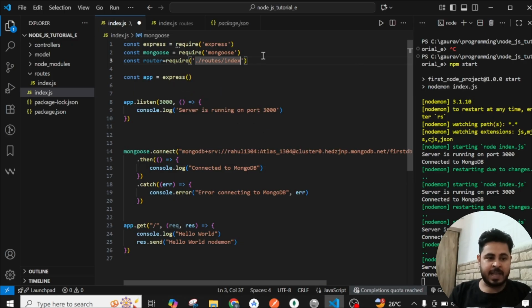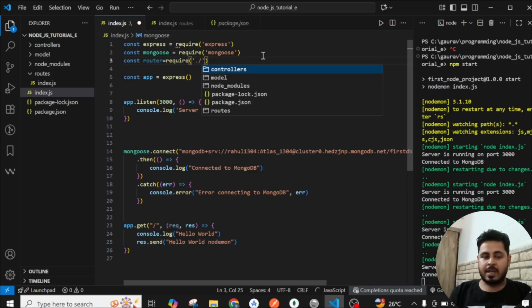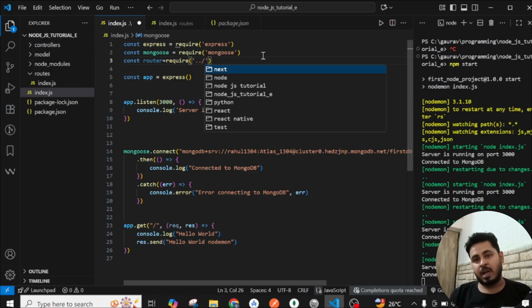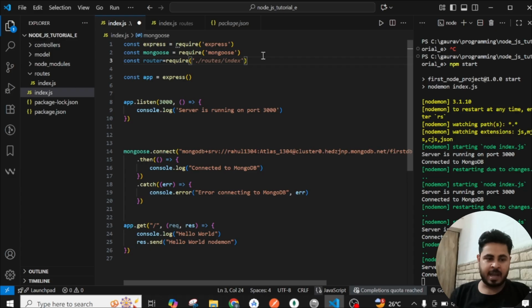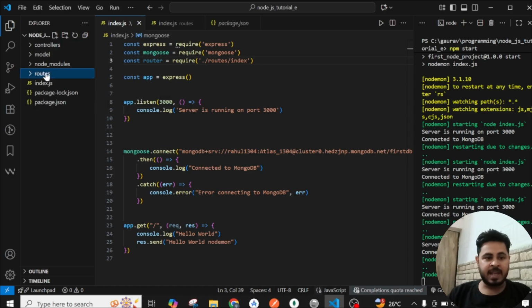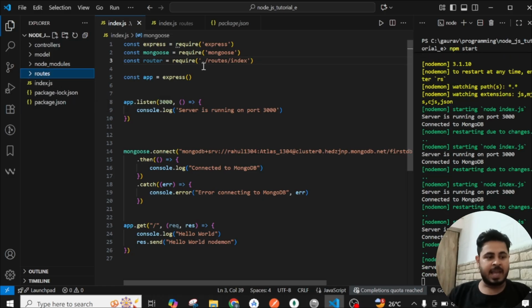Since the route directory is in the same folder, I will use /. If both directories share the same parent, then we use /. But if you want to go back in the chain, then we use double dot, so it goes back to the previous directory. Right now we will be using this, and as per the suggestion, since I can see the index file and routes are both in the same place, it is coming as .routes, and then in routes we